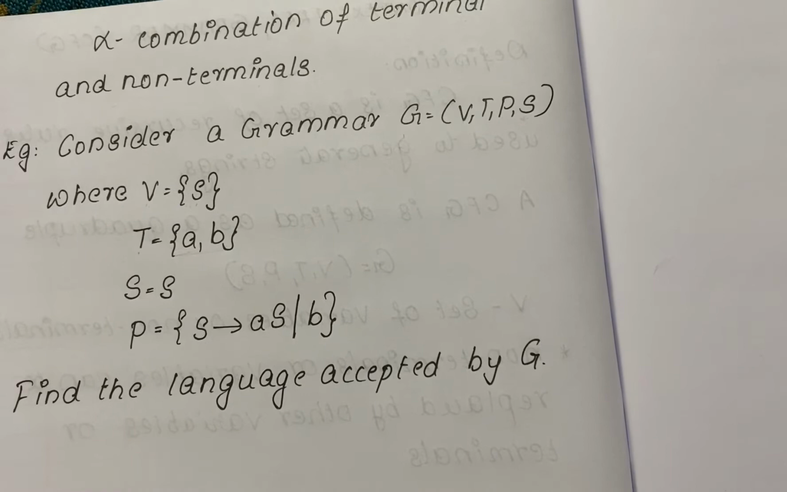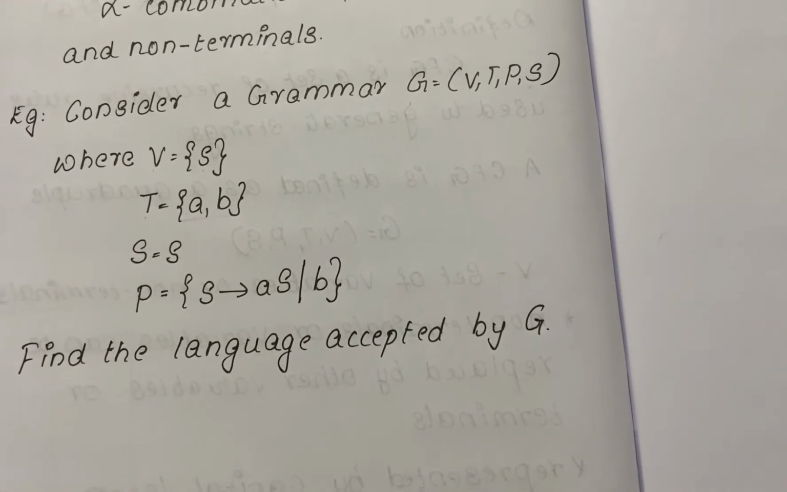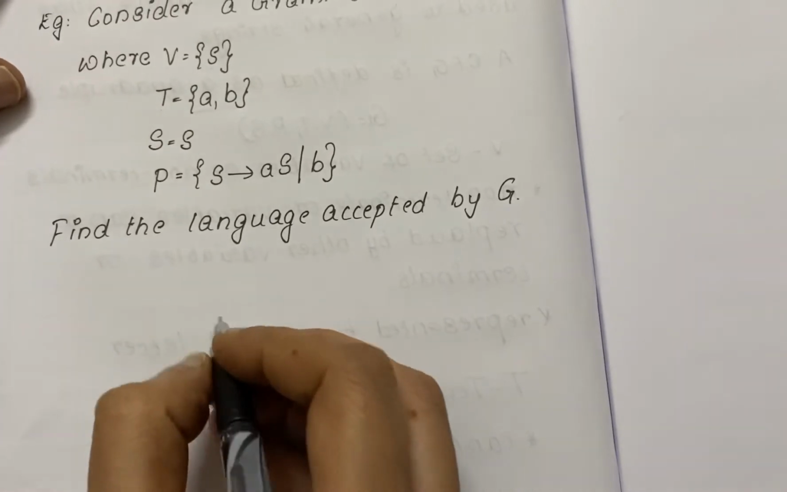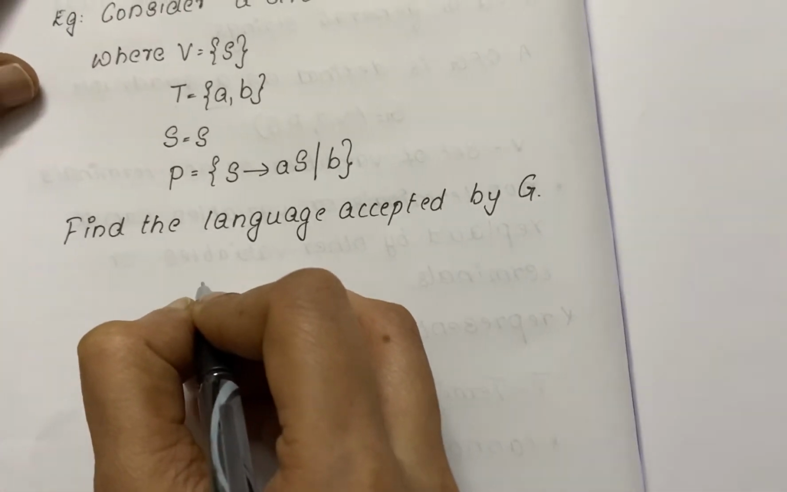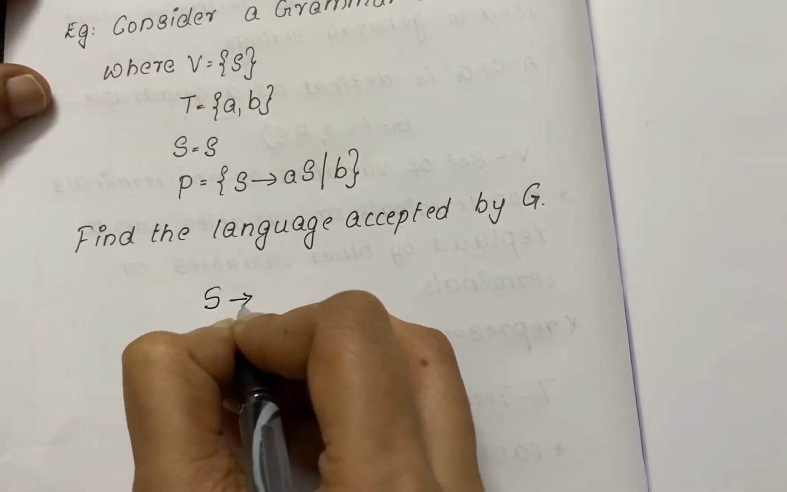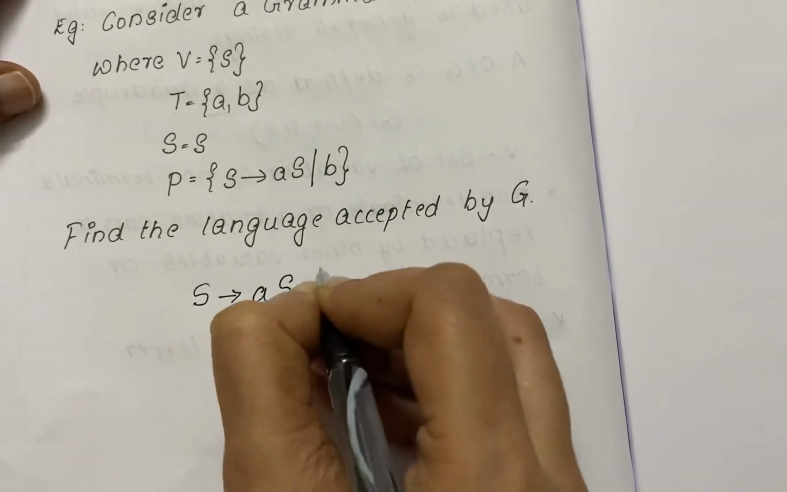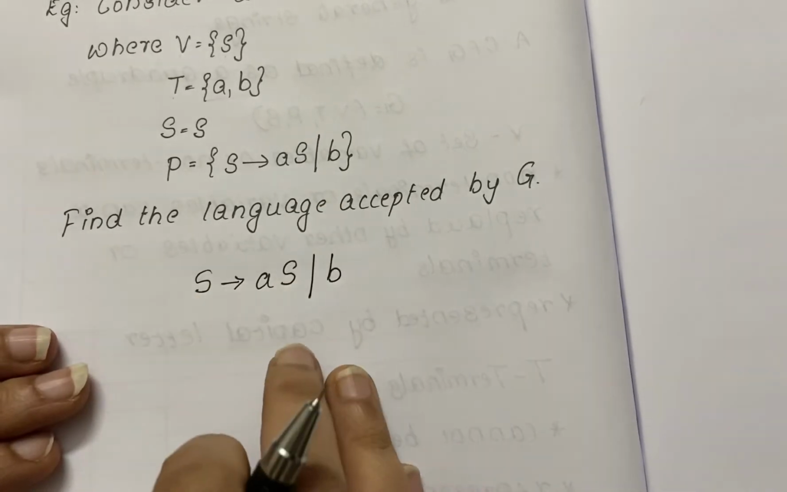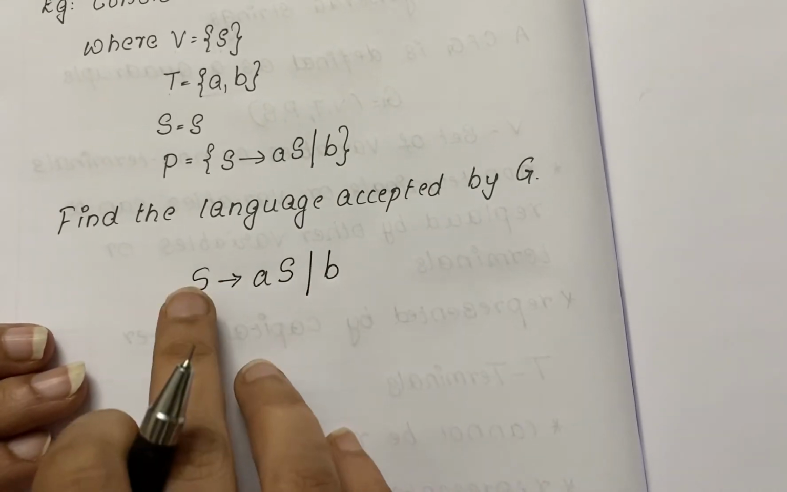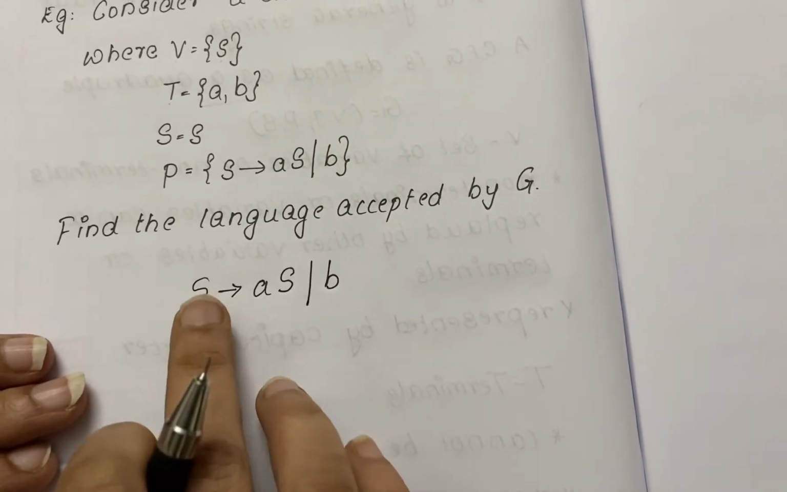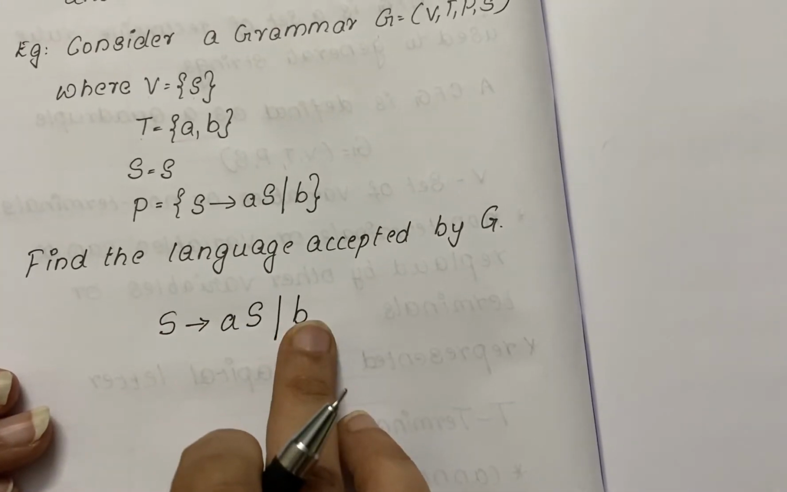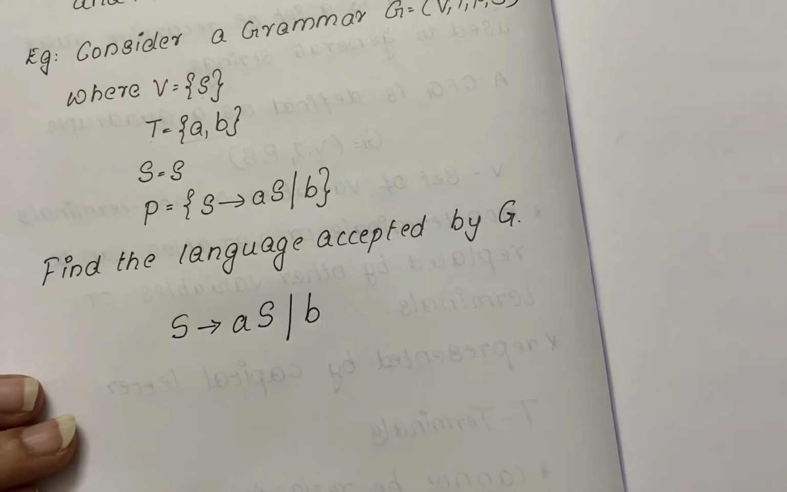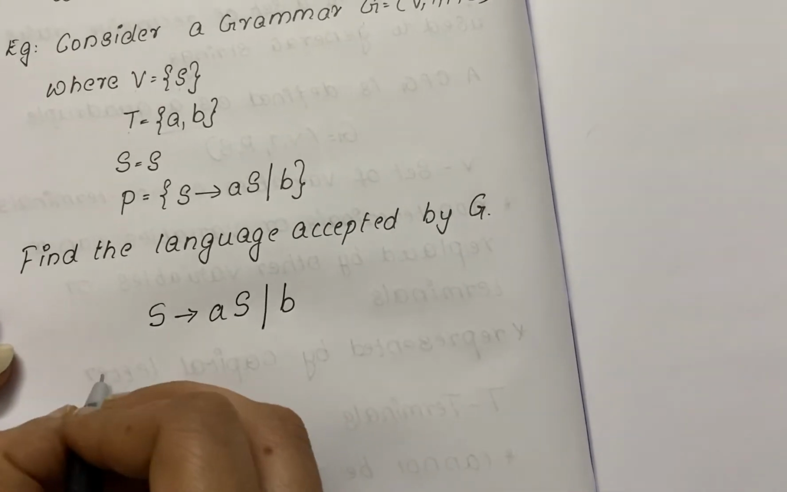So we are just going to start with the concept. First we will write the production rule: S implies aS / b. Here you can see there is a separation: aS and b. So S implies aS as well as S implies b. First you take one part and substitute for that, then we go for the next. So first we will take